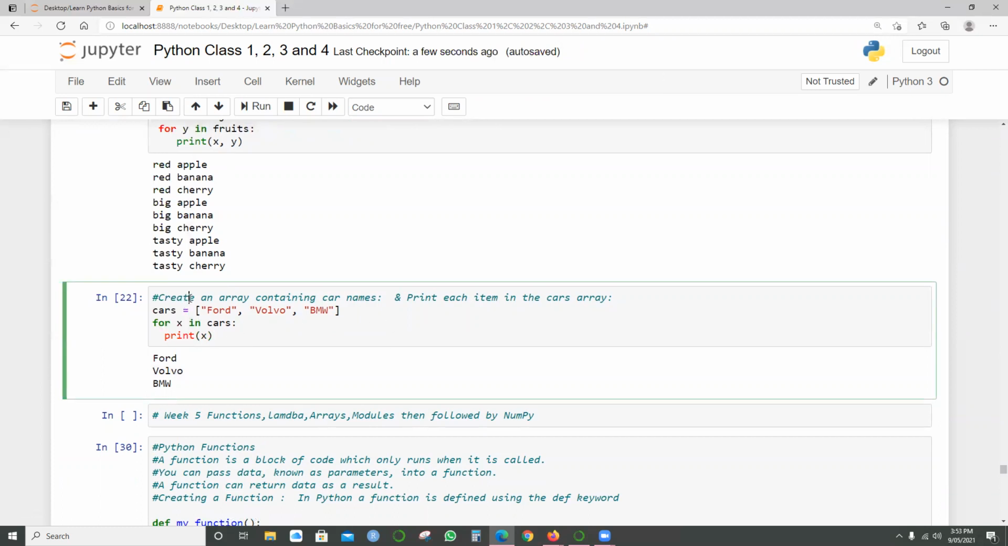So create an array containing car names. For example, arrays. I think we haven't come across arrays yet. We'll talk about arrays, but we just need to understand that an array means we've got a set of elements, same as a list, but this time we'll have something like in mathematics, a 1 by 1 array, or 2 by 2, or 3 by 3. We'll talk about arrays in the next sessions as well, but just in case, to understand,